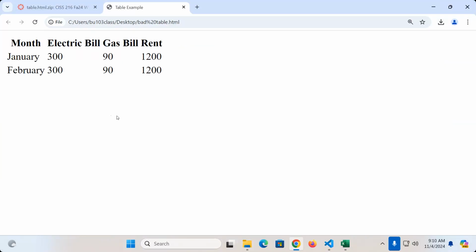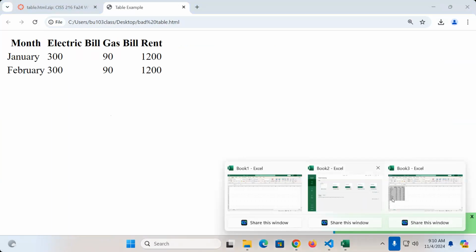That's another thing about the default. The browser will make columns or cells, however you want to look at it, as wide as they need to be to hold the data. And therefore, it will make the table as wide as it needs to be to hold the data. What do I mean by that? I mean, if some of the data gets bigger,